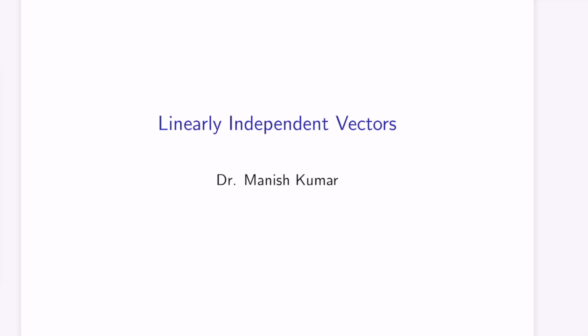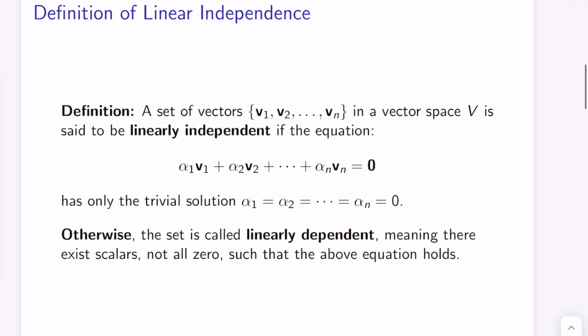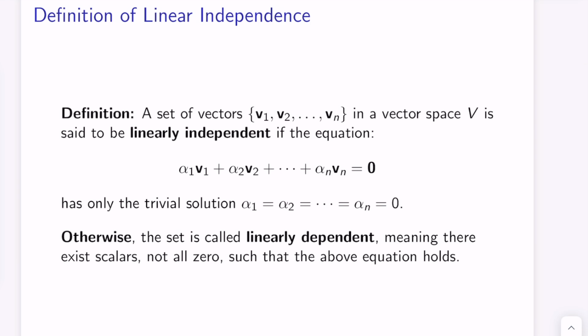Today we are going to talk about linearly independent vectors. Okay, so what is the definition? A set of vectors, say v1, v2, ..., vn, in a vector space V is said to be linearly independent if the equation alpha 1 v1 plus alpha 2 v2 and so on up to alpha n vn, where each alpha i belongs to the scalar field, the real numbers, for all i from 1 to n,